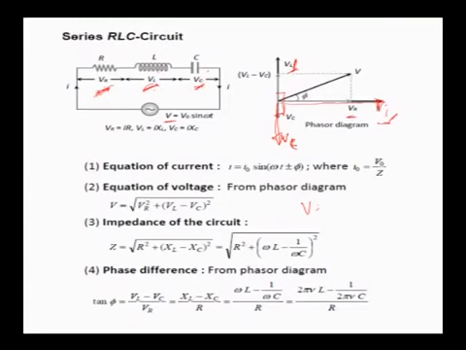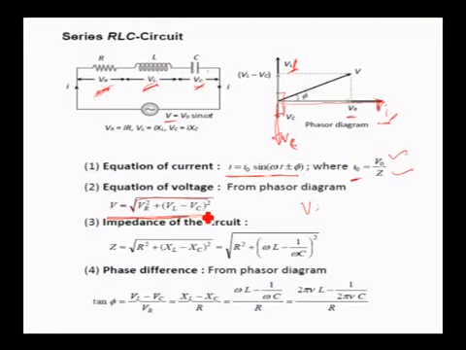Then in that case, the expression for the current induced is I equals I naught sin(omega t plus or minus phi). The maximum current is voltage divided by impedance. The resultant voltage formula. This is the formula to be remembered, because in the normal case, in series connection of resistors or any other components, net voltage will be always the sum of the voltage applied across the individual components. But in this case, it is the vector sum, which is V equals root of VR square plus (VL minus VC) whole square.